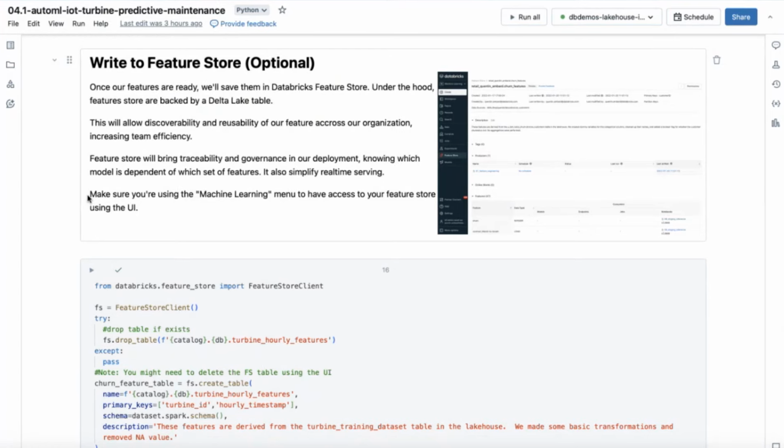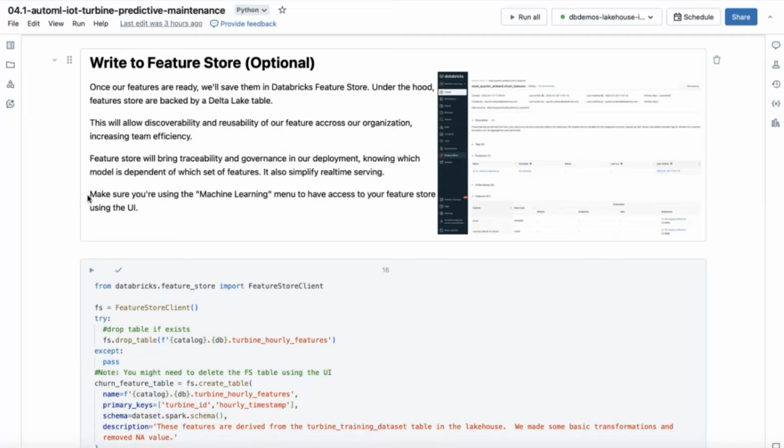Feature store is a feature in Databricks. It lets you access your features in a central location. Like I said previously, features are the attributes that you use to train your model, and they're cleansed and prepared in a certain way, depending on whether they're numeric or categorical. So this is a way to discover and reuse features across your whole organization by logging them to this central location. The feature tables in the feature store are stored in Delta format, so that gives you all the same ACID guarantees, the time travel, the traceability, and the governance that you get on normal Delta tables